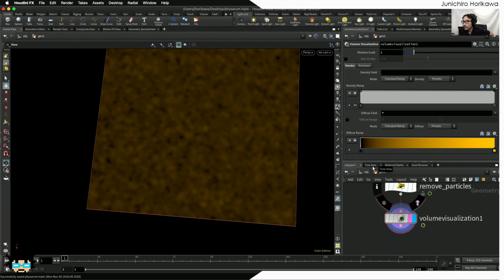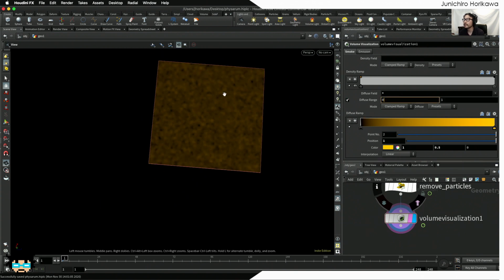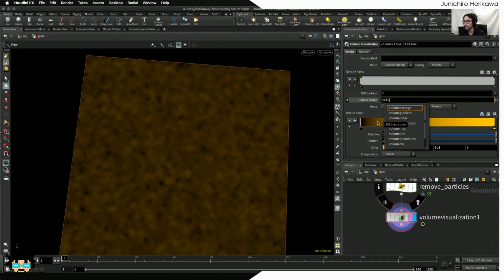Now the range of this pheromone is currently set as 0 to 1, somewhere right here. Okay, right here. So click this one, and in order to make this always go from black to yellow in this case, or orange, you need to set the minimum volume value here and maximum volume density here, which in this case is the pheromone. To get that from the current volume, you can use the expression called volume min for the minimum,